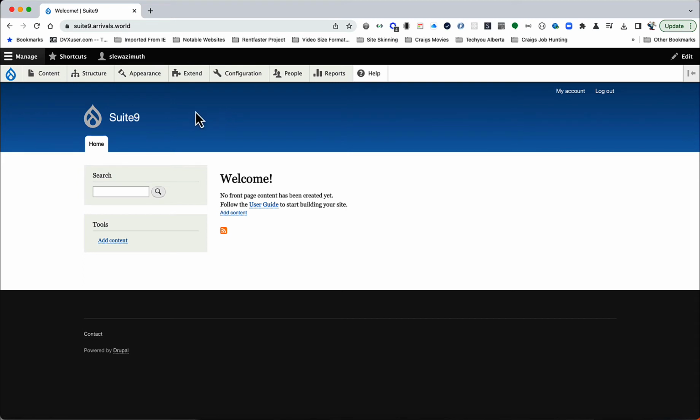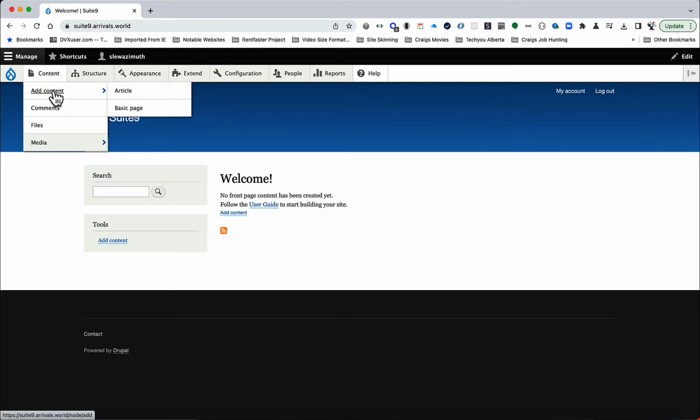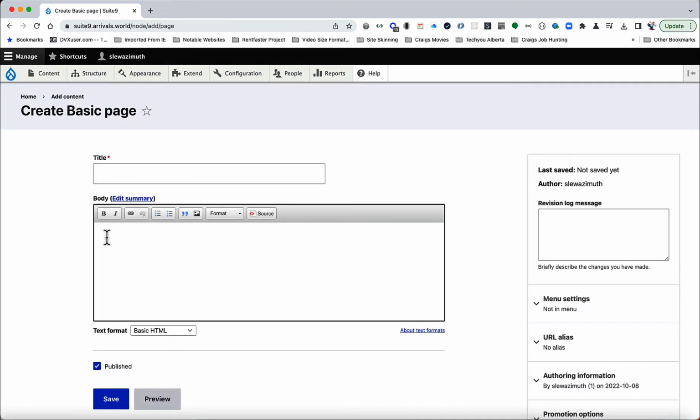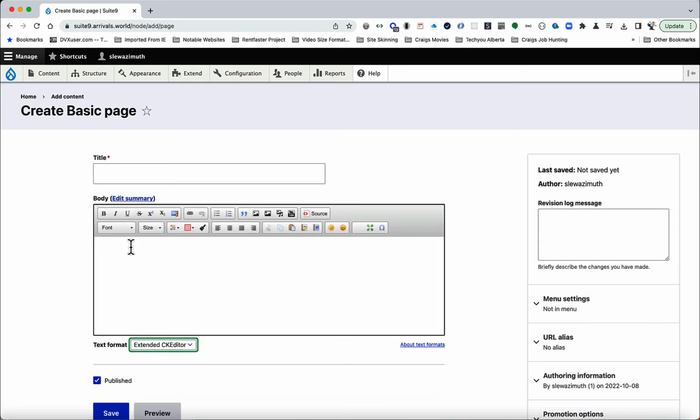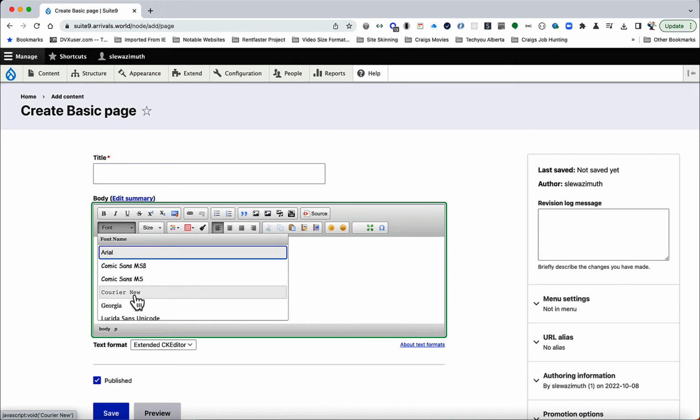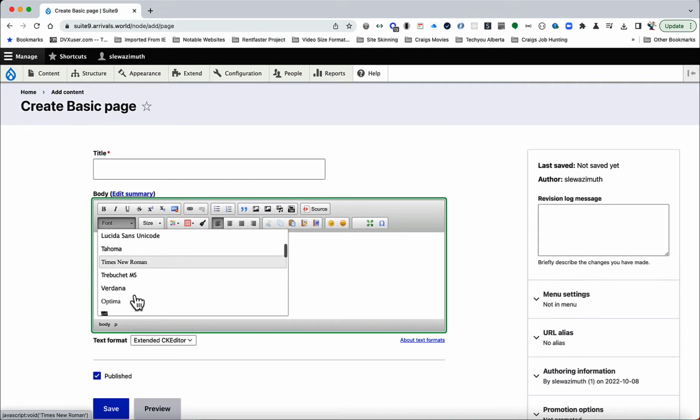So if I look under content and go to basic page, okay, and if I switch the text format to extended CKEditor and look at all the fonts here, you'll notice that after Verdana it says Optima. So there's nothing alphabetically before that. So if I want to throw in another couple of fonts in here,